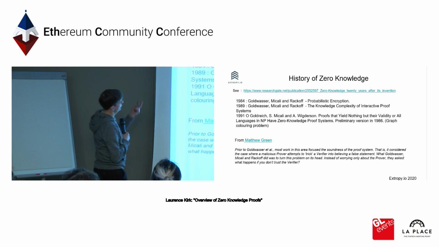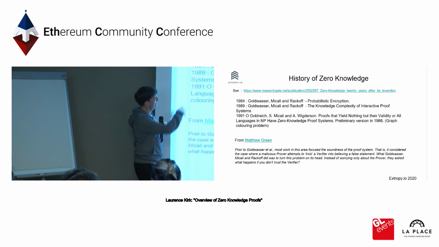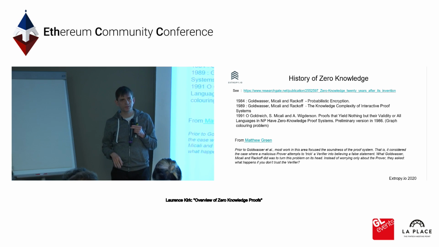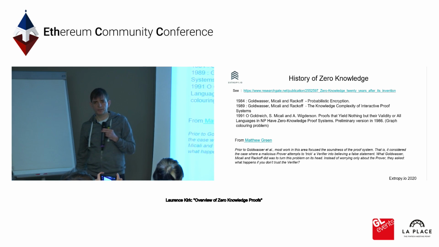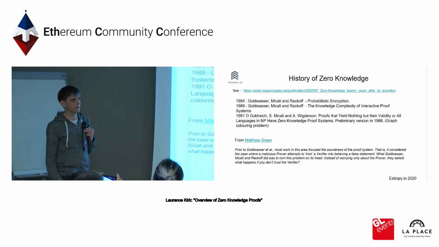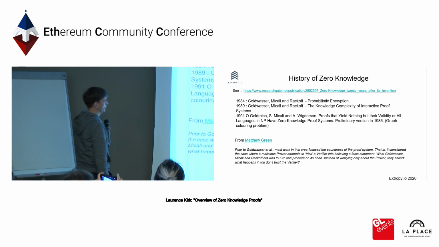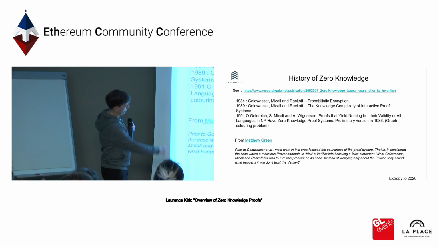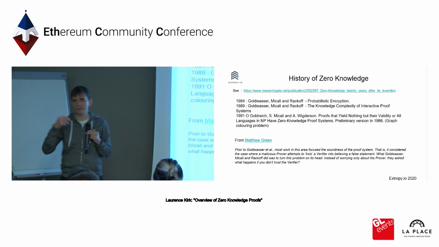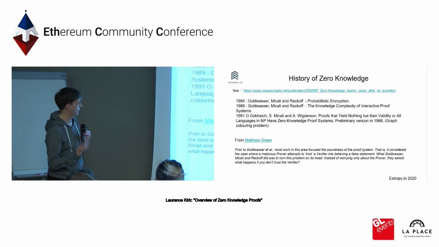It's back in the 1980s that the first papers started to be published about this. Sadly, the initial papers were rejected by conferences when they first came out, so for a couple of years these were being rejected, and not really seen as being useful. I think people were very much focused, as this quote from Matthew Green comes in, on proving things and how you can check that a proof is valid.